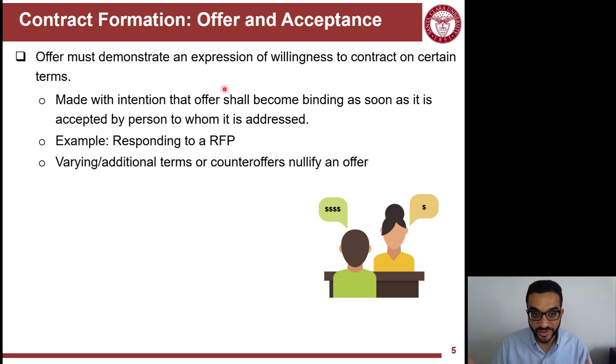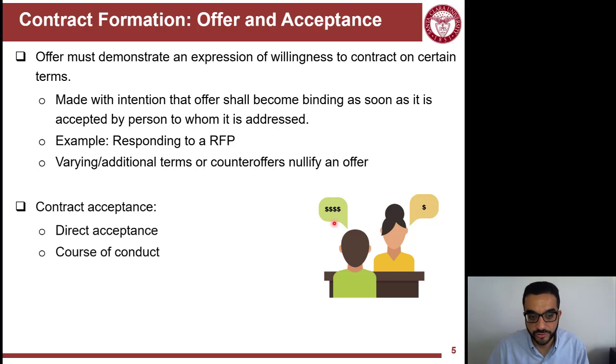We'll learn about bid bonds. And the basis for it is basically that you offered a bid or proposal and it got accepted, so you committed to it. This offer or proposal will be nullified if it's canceled or overridden by a counteroffer. So when you have a counteroffer, then this will invalidate the offer you submitted. So you're kind of off the hook, and the other party now is on the hook because of their counteroffer.